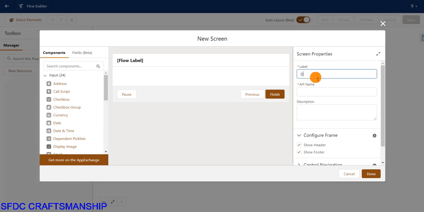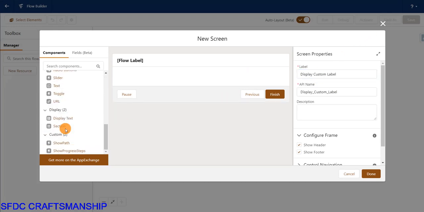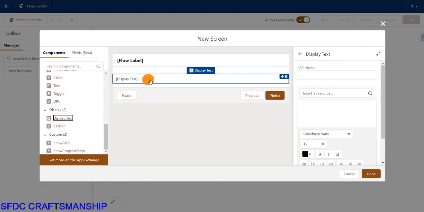So I'll just name this screen as display custom label. And here I'm going to drag a display text component. And inside this, I'm going to display my country, which is coming from a custom label.